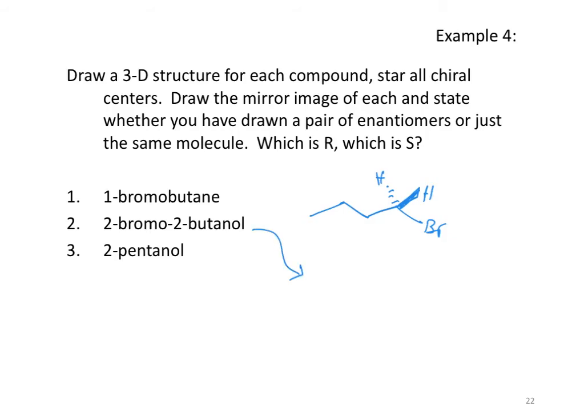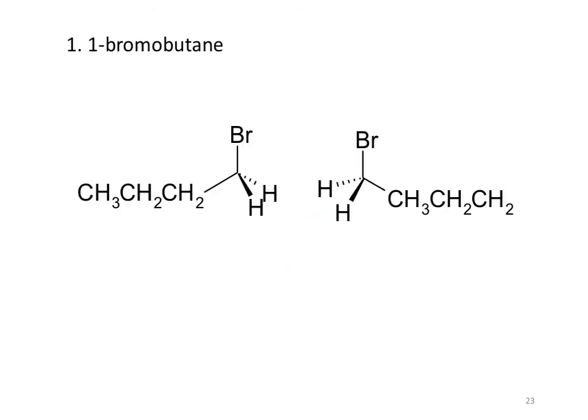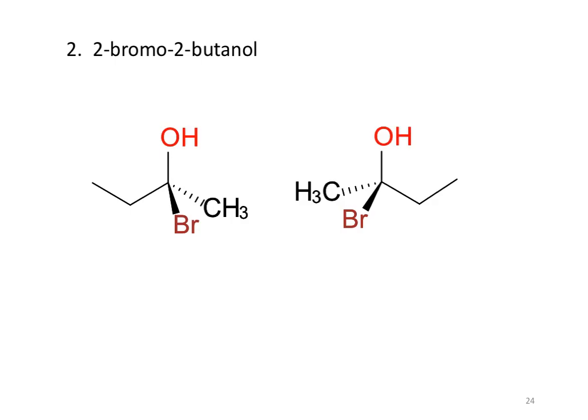On the other hand, if you look at 2-bromo-2-butanol, here there is no chirality. And we are going to move to the next one. This should be 2 and this should be 3. Let's take a look at the next one. We have two molecules which have been drawn in a mirror-like fashion. So if you were to assign priority, you would say bromine has the highest priority, followed by the